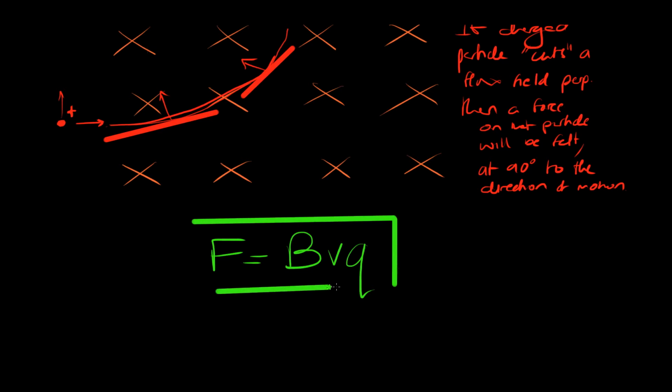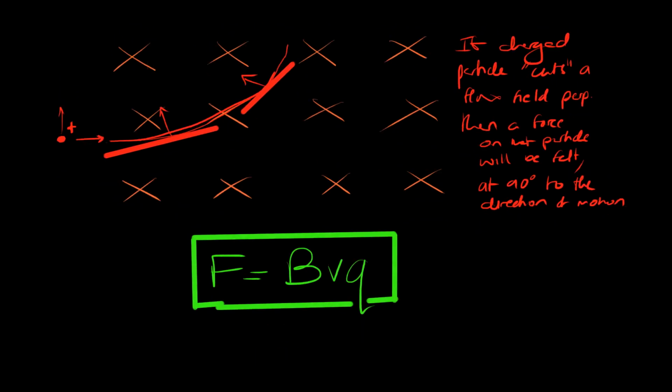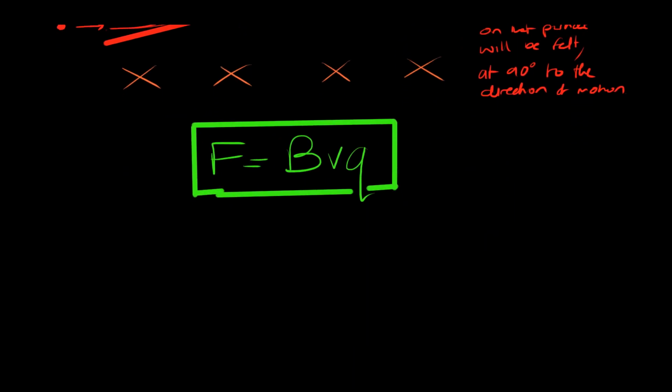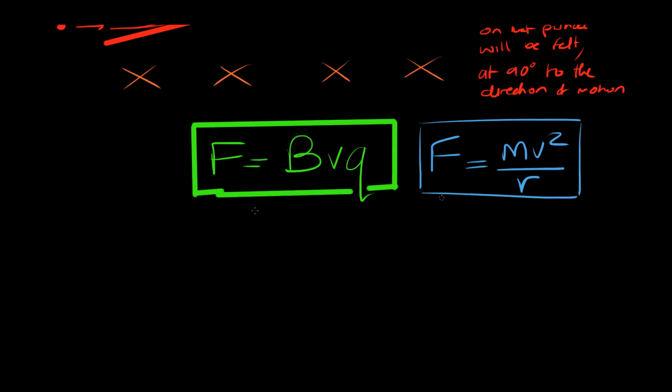Learn it. So, let me quickly put a box around it. F equals BVQ. And that governs the perpendicular force that's acting towards the motion of the particle. Now, I mentioned very recently that it's similar to the circular force, or centripetal force. And centripetal force is defined by F equals mv squared over r, right? These two forces are describing the same thing. So, in essence, they're going to be equal, and we can equate them: mv squared over r is equal to